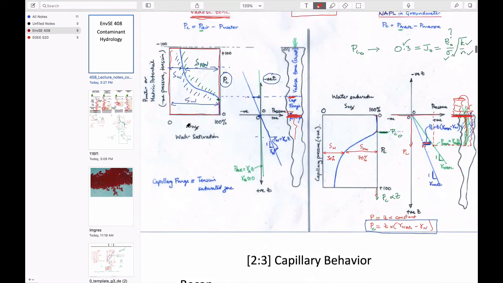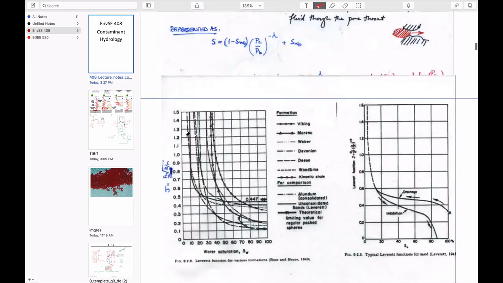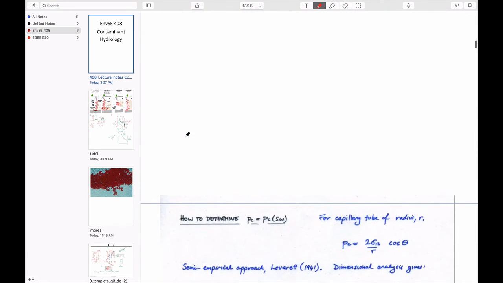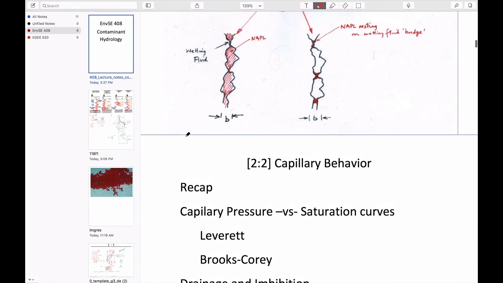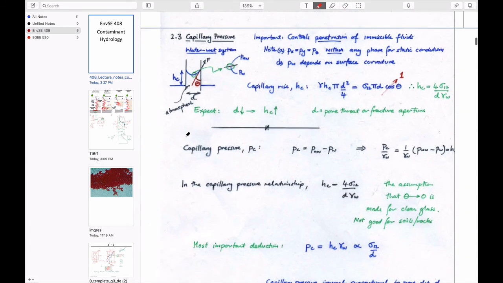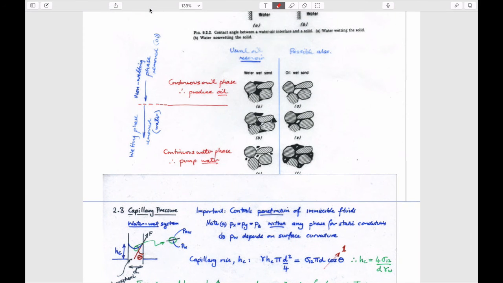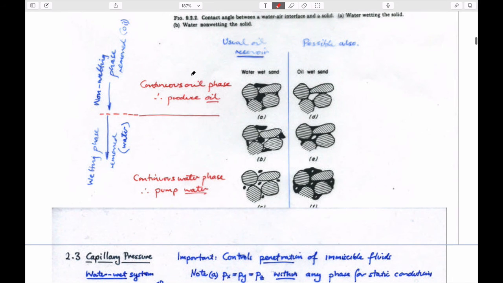Unfortunately, I was trying to see if it has page numbers on this. It doesn't have page numbers that I could go back to a page. But if you remember this figure, yeah, fantastic. Yes. Ooh, it does. So remember we talked about